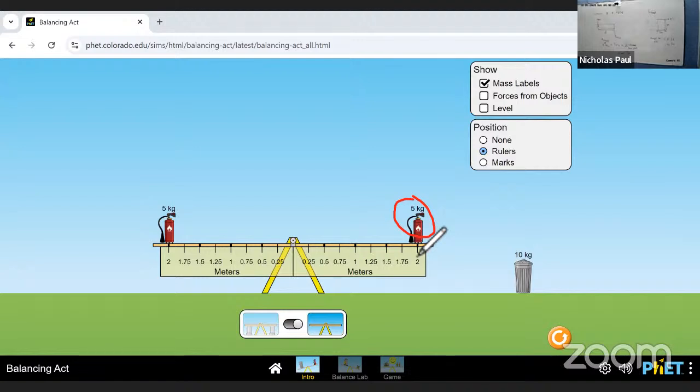What is the force exerted by that mass called? Yes, weight. That's what we did last week. So the weight of this 5 kilogram mass is how much? 50, because gravity is 10. So here's 50 newtons, and here's also